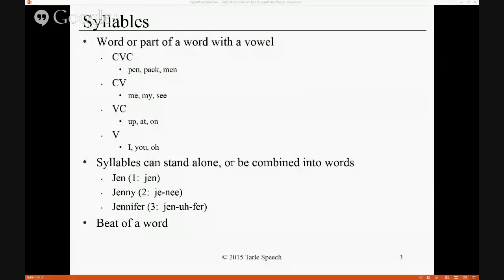And let me share my screen so you can see this. There aren't 4 sounds in the word pack, P-A-C-K. There are only 3 sounds, P, A, K. And there are 3 sounds in pen, P, E, N, and 3 sounds in men, M, E, N. We also have the syllable shape consonant, vowel, and that would be me, my, see. And vowel, consonant: up, at, on, and just a vowel,